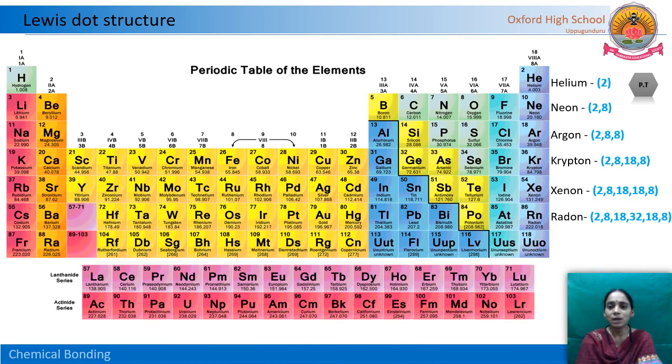So these are very stable. The elements which have 8 electrons in the outer shell are very stable and they don't participate in any chemical reaction. That is the reason these elements are called inert gases or noble gases, and they are also called zero group elements. We know how to write the electronic configuration. This is one way, and let us see the next way, how Lewis has given the electronic configuration.